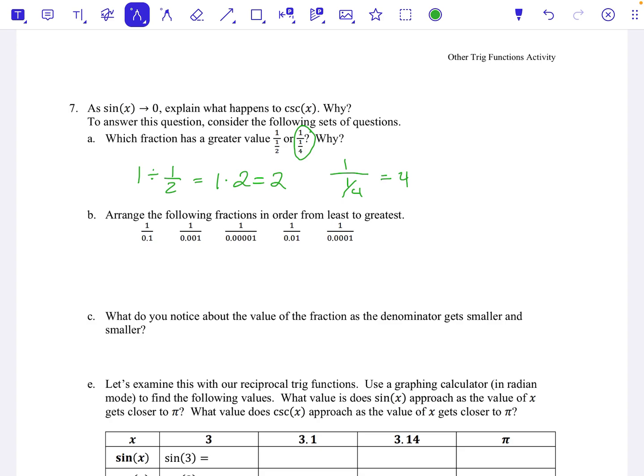So if I'm thinking about that mathematically, then something like 1 divided by 0.1 would be 10, but 1 divided by 0.01 would actually end up equaling 100. So the smaller that number is in the denominator, the larger my actual numerical value ends up being. And so in this case, if I'm going from least to greatest, that 1 over 0.1 would be the smallest, and the next one would be the 1 over 0.01, and then it would go 1 over 0.001, and 1 over 0.0001, and then the largest one being that particular decimal. So what you should notice is, as the denominator gets smaller, the value of the fraction